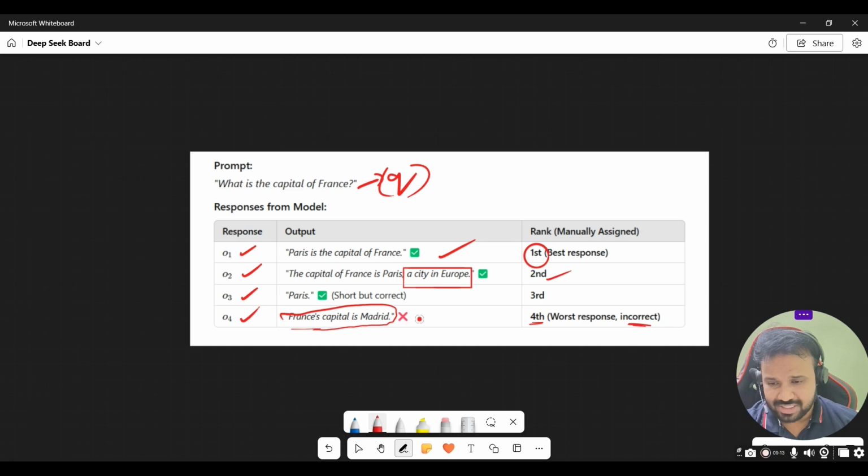Similarly, for the response that says Paris is the correct answer, it's correct but very short, and it does not even have a minimum rationale. So this is not very readable and not preferable to the human. That's why we have given it the third rank. Similarly, for every query,